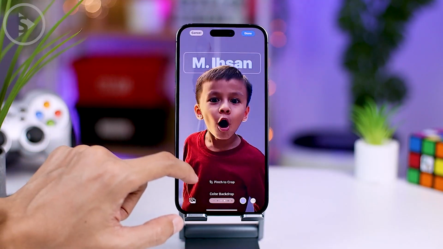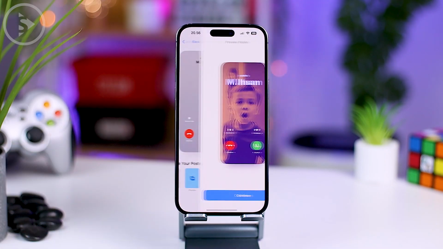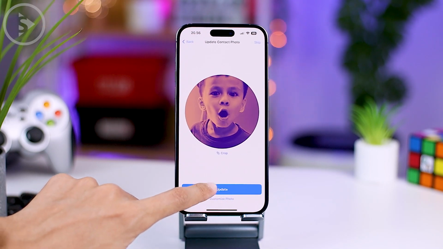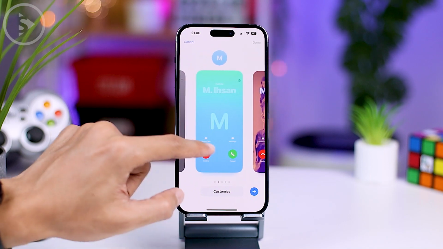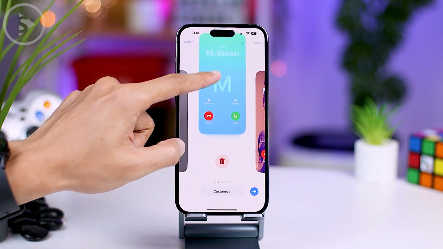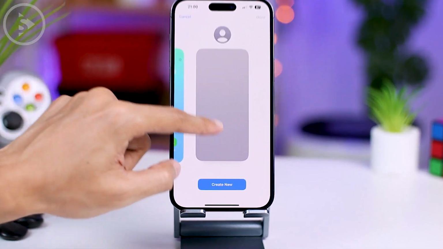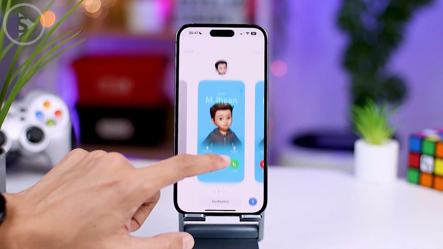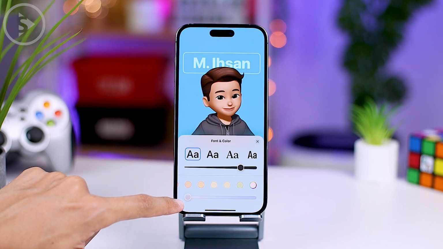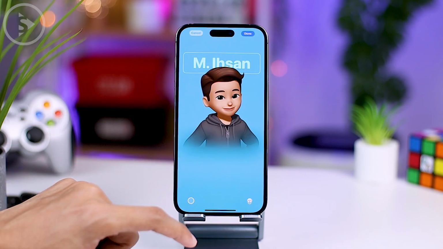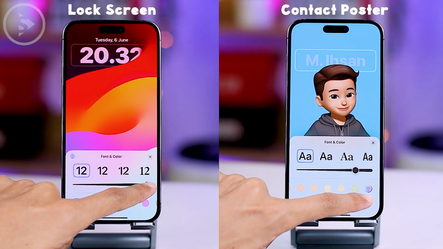For every new contact poster that you create, each of the contact names here will be directly stored in that contact option. And if you want to delete the contact poster that you created previously, you can swipe in the contact poster settings and tap the delete button. And to create a new one, you just need to click create new on the right. And here, even though the contact poster options is given quite a bit of flexibility with these 3 different options, the design will still look in line with other iPhone style design, which is quite similar to the design when you customize the lock screen display.